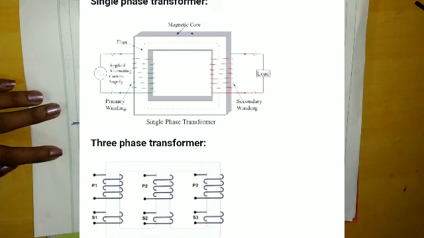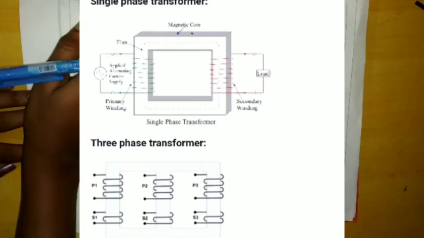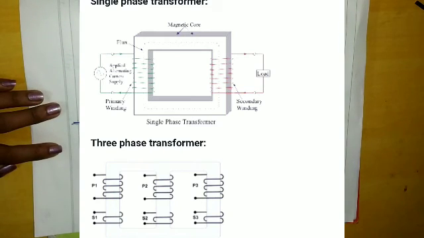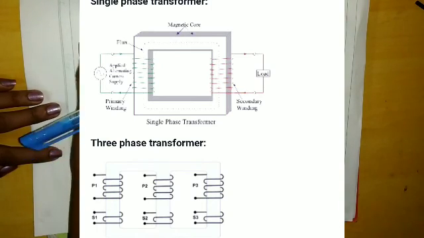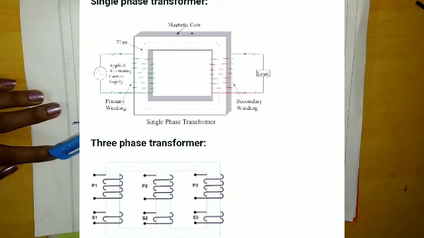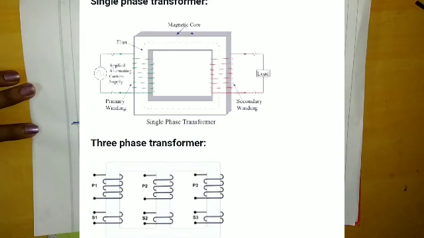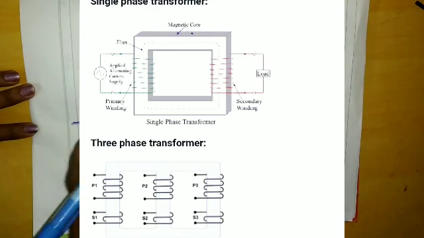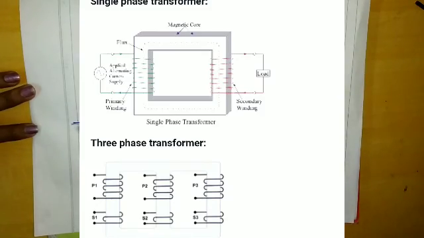Similarly, downward, in the 3-phase transformer, you see there are 6 coils, right? 3 of them are placed on the primary side and 3 of them are placed on the secondary side. Are you getting it? So this is the comparison in the diagram. The above picture is of the single phase transformer and the below picture is of the 3-phase transformer. So the first difference is what? The single phase has 2 coils, one on primary and another on secondary, and in the 3-phase transformer there are 6 coils. 3 are placed on primary and 3 of them are placed on the secondary side.